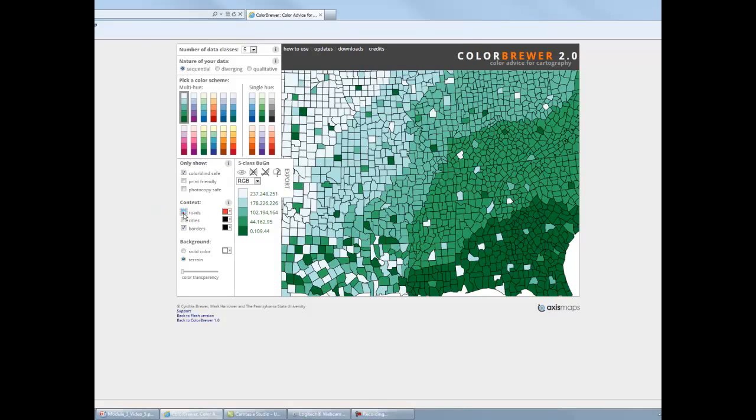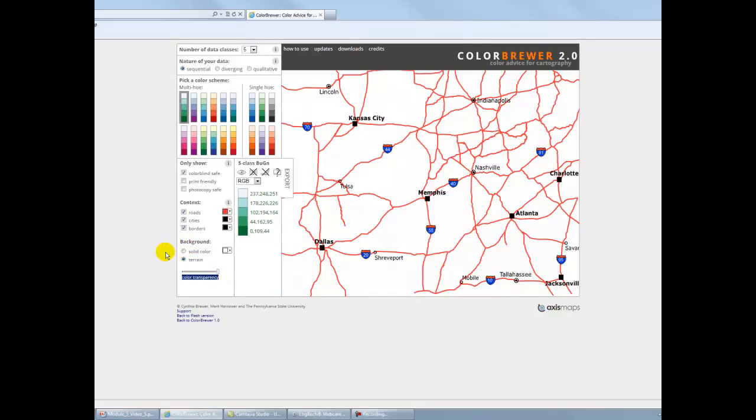This website lets you put other features, other vector features on top to see if that confuses things. You can also make the terrain show through. Here we have a transparency. There's no transparency shown here. If I go to full transparency and give it some time to load,